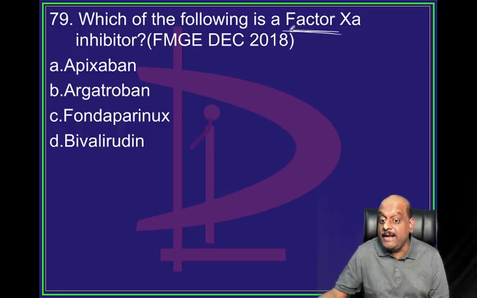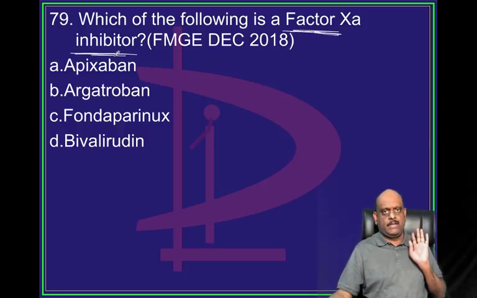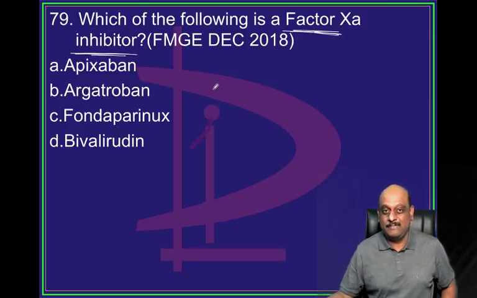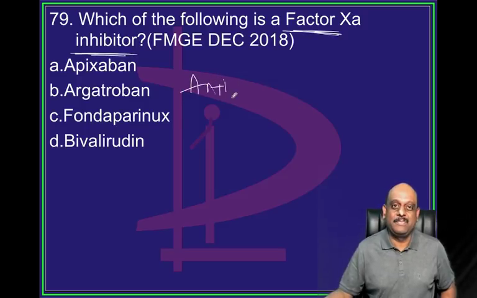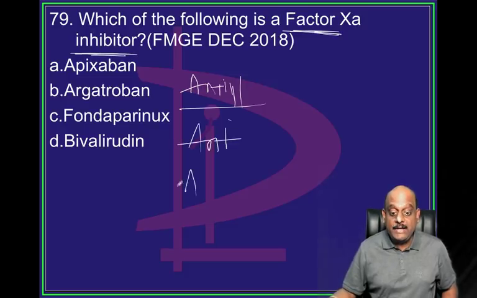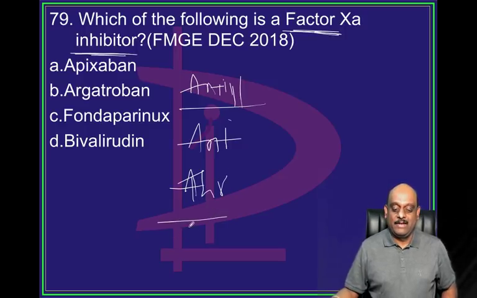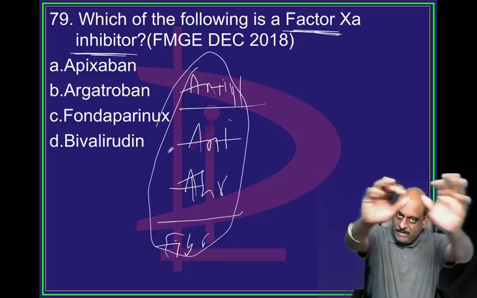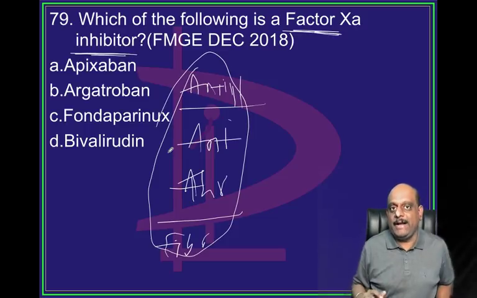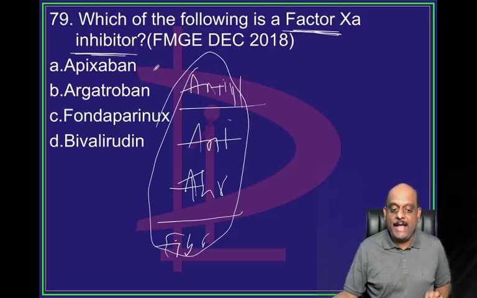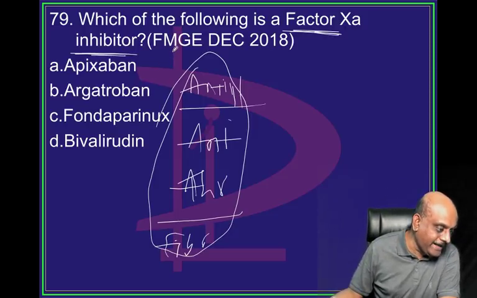Now, factor 10A inhibitor. Once more, doctor, I am telling you, it will come sure shot in tomorrow's exam. Antiplatelets, antiplatelet agents, anticoagulants, thrombolytics and fibrinolytics. Without that, there is no NEET PG. I hope you're all ready with that. But anyway, quickly let me tell you, what is your answer for this? Factor 10A inhibitor? Pramod rightly is telling